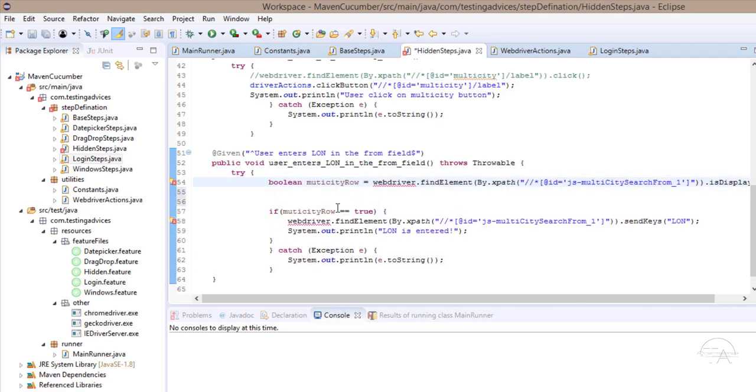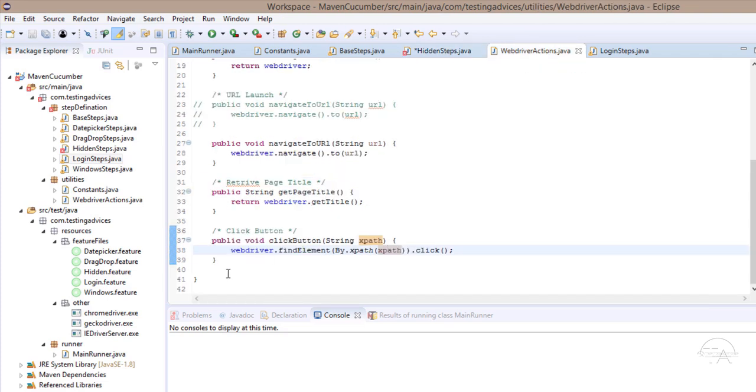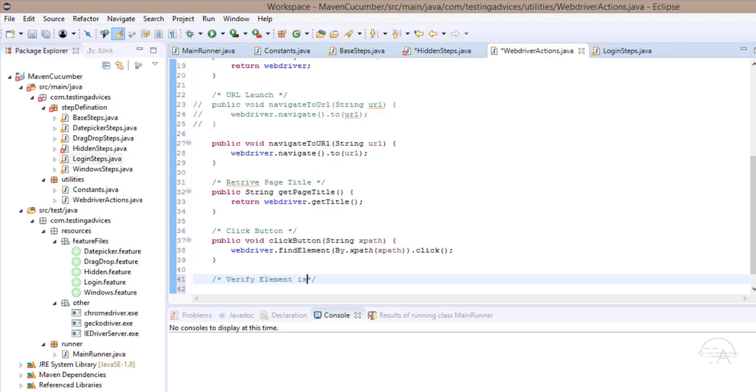So let me comment this out, and in WebdriverActions let's create a method for isDisplayed. Verify element is displayed or not? So for that